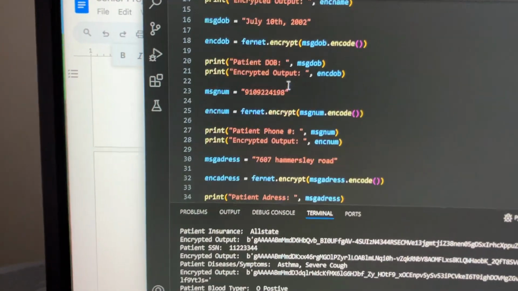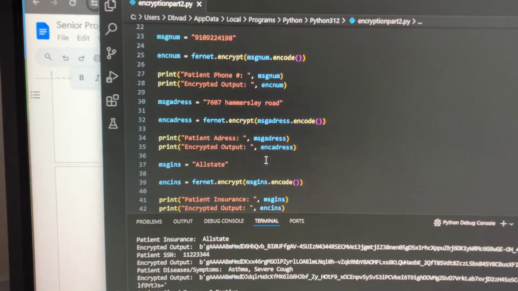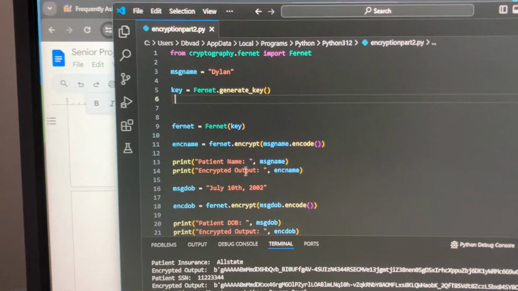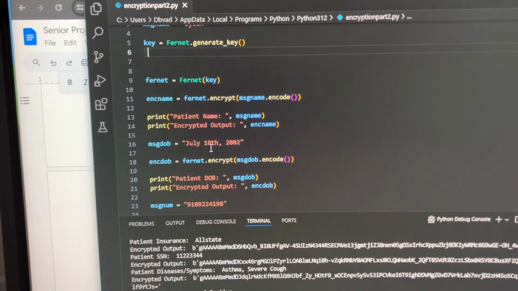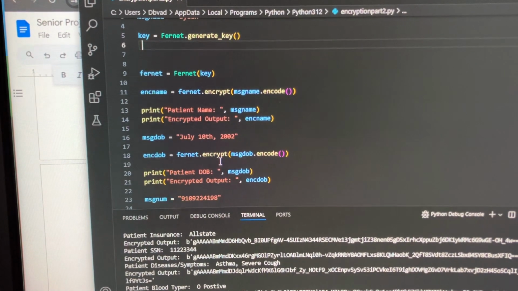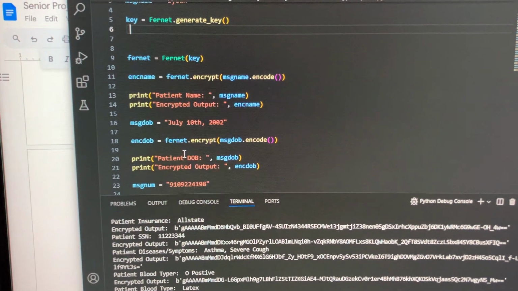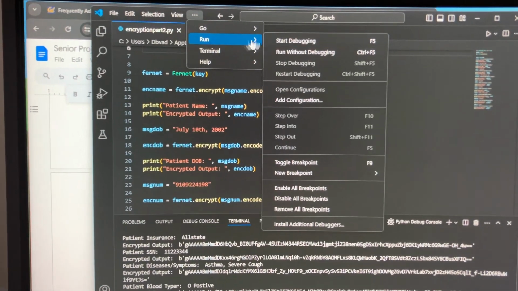this is the encryption for the basic files from earlier, where I showed you the names and everything that I put in. For example, my name's Dylan, patient name, encrypted output, July 10th, 2002 for the date. So message, DOB, date of birth. So this is just the active encryption. And when you run it,